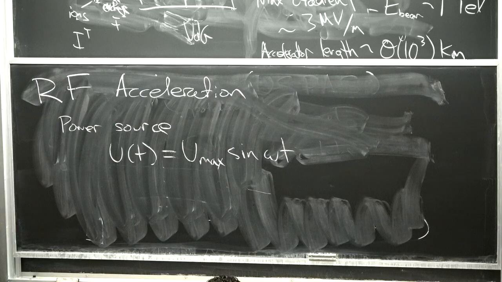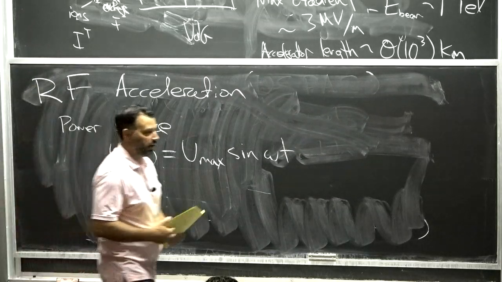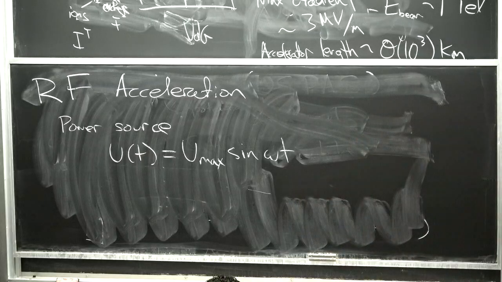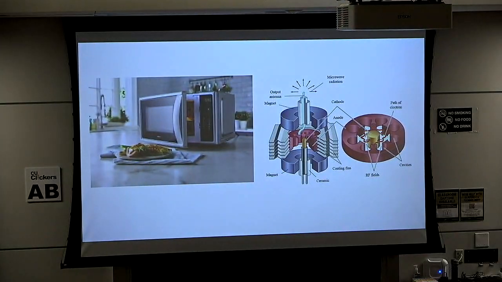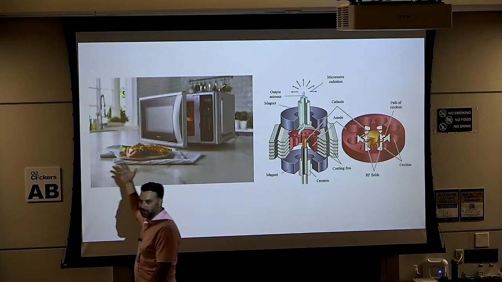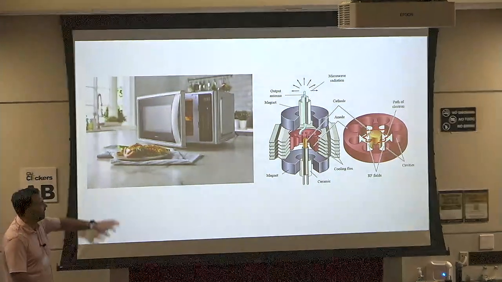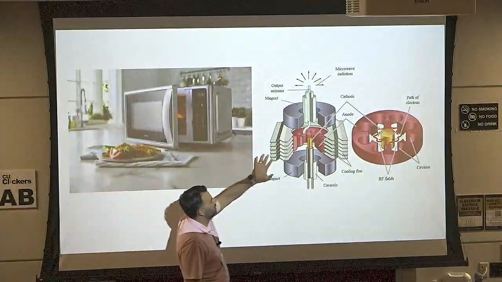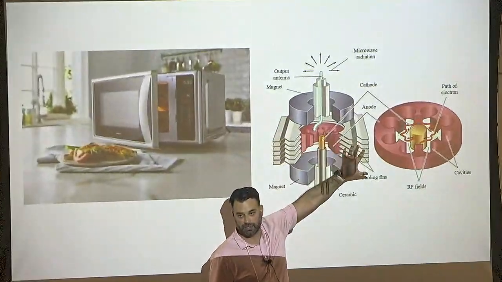Okay? Now, why are these things good to start with? As I said, they've been around forever, and they're around in every possible technology you see. And just like going to the cathode ray tube, we'll go to your microwave. Okay? These still exist, unlike the CRT TVs. So microwaves are an RF power source. And what microwaves are generated by is you typically have a magnetron inside of it.